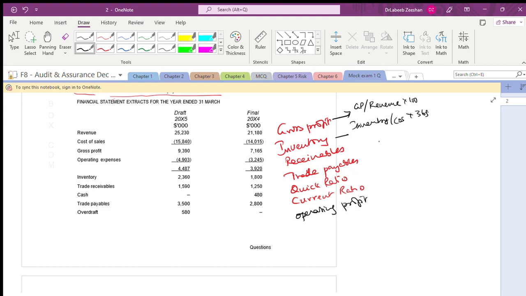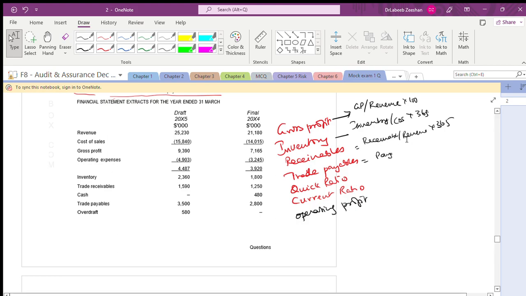Receivables days: receivables divided by revenue into 365. Payables: payables divided by cost of sales